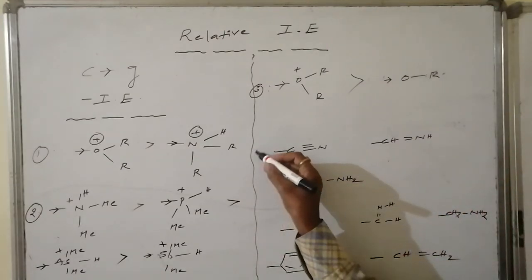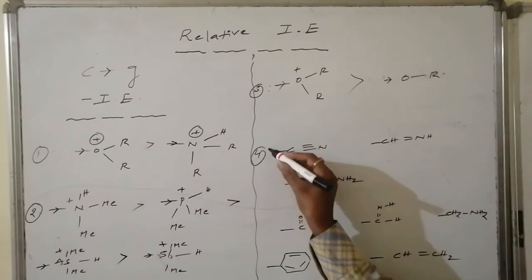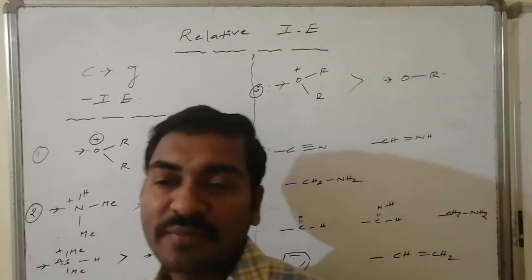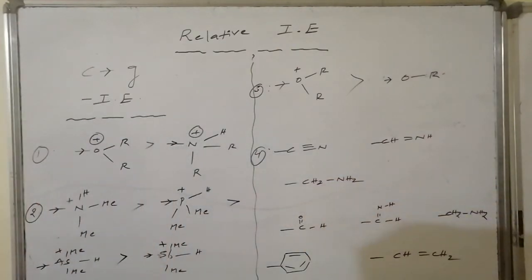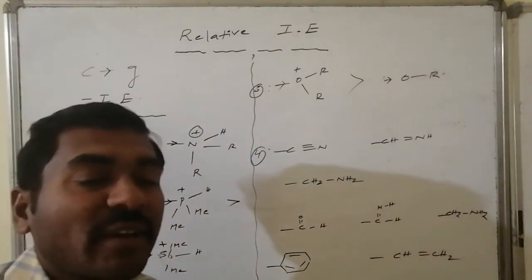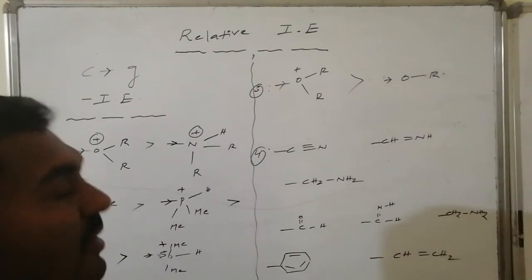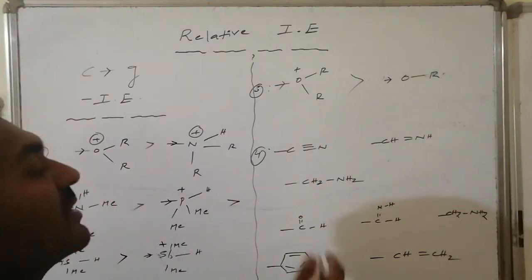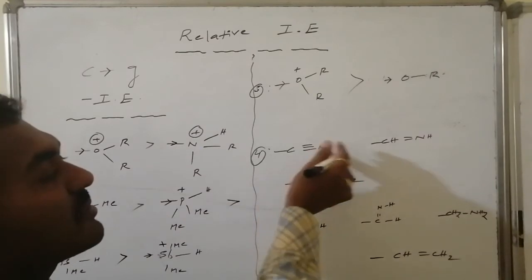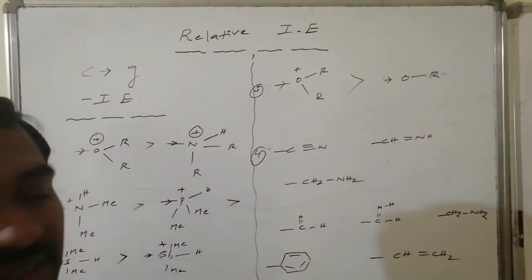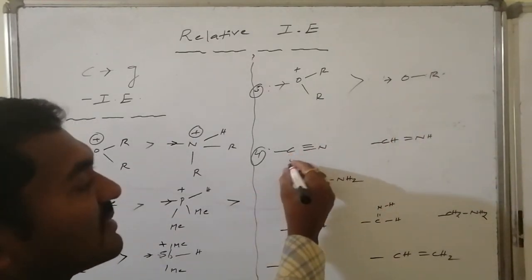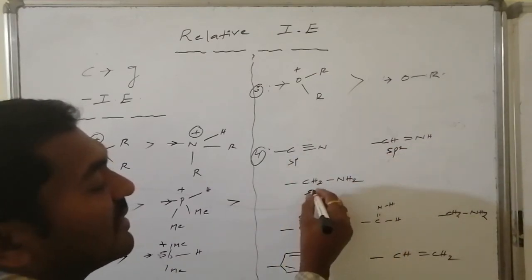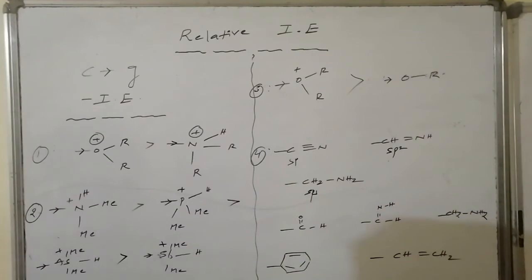This is case number 3, and case number 4: this is the cyano group, this is the imine group, and the next one is the amine. Carbon is common, so that is not the deciding factor, but the carbon's electronegativity is affected and influenced by the connected atom and its hybridization. Here nitrogen is connected in all three. Moreover, this is sp hybridization, this is sp2 hybridization, and this will be sp3 hybridization.